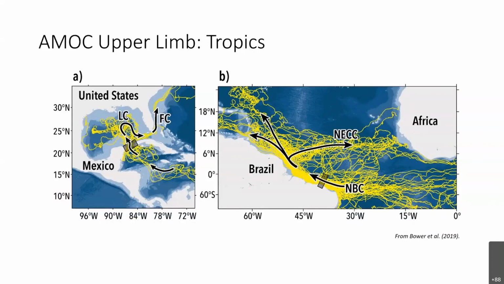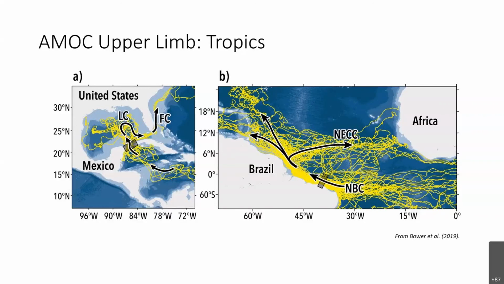There's two different panels. One box is, again, the North Brazil Current box, that's on the right, and then on the left is a Yucatan Channel box. So the point here is, again, those are two choke points for the AMOC. Where do particles come from that pass through those choke points, and then where do they go? That's the question we're after with an analysis like this. As I said, this is going to be a really fast tour. If you want details, I suggest that you read the paper.